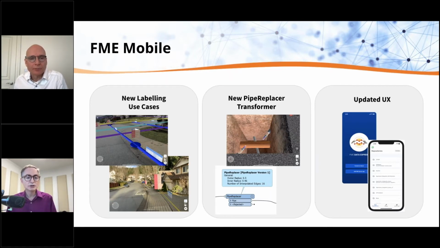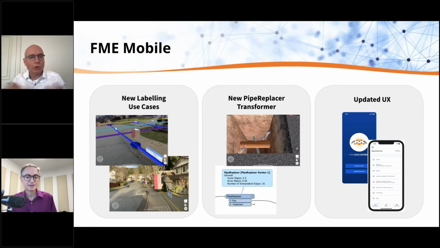And I know, Don, you were quite impressed, as was I, with all this labeling stuff too. Yeah, the way of labeling things in real time. So if you're a utility and you have it on your device, the data is streamed from FME Server. You can just use your phone, look at a pole, and it'll give you all the information. Which is just a huge productivity improvement. You don't have to look on a map, figure out where you are, and then somehow try to pull the attribution from the infrastructure. You can just see it as you look through your mobile device. So, really exciting.